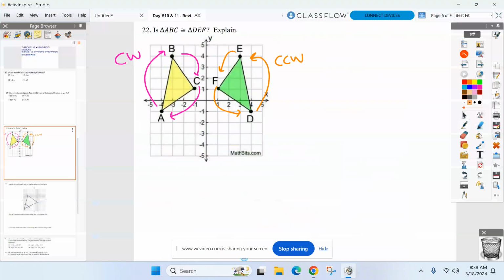Now, it only took 1 there. Tomorrow, it might be, hey, reflect over the y-axis, translate right 3 down 2. So don't just assume it's 1 tomorrow. It might be 2 transformations. So what am I looking for here? Here we go, triangle ABC